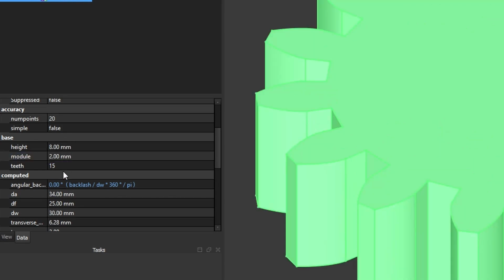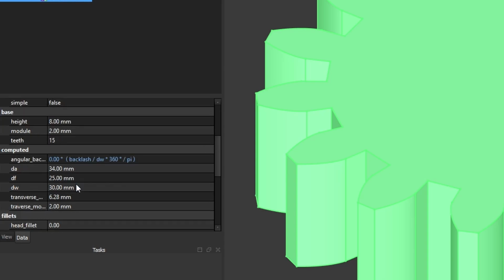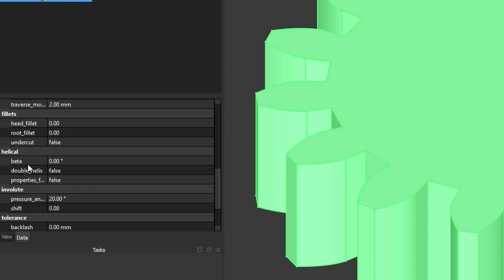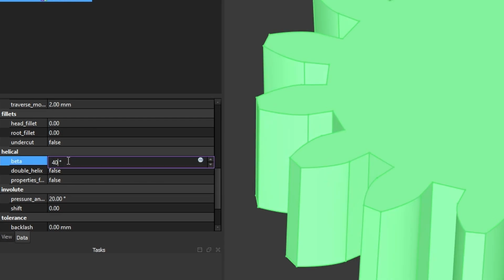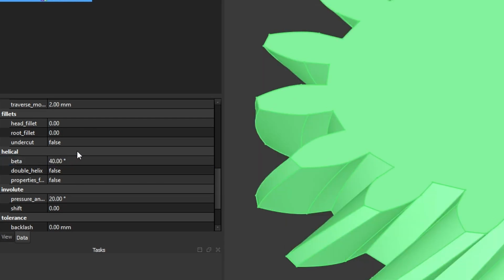To make the gear helical, scroll further down until you find the helical section. Inside it, there's a parameter called beta. This is the helix angle. Increasing this angle gives the gear that smooth, angled tooth shape. For many projects, something around 40 degrees is a solid starting point, but you can choose any value your design